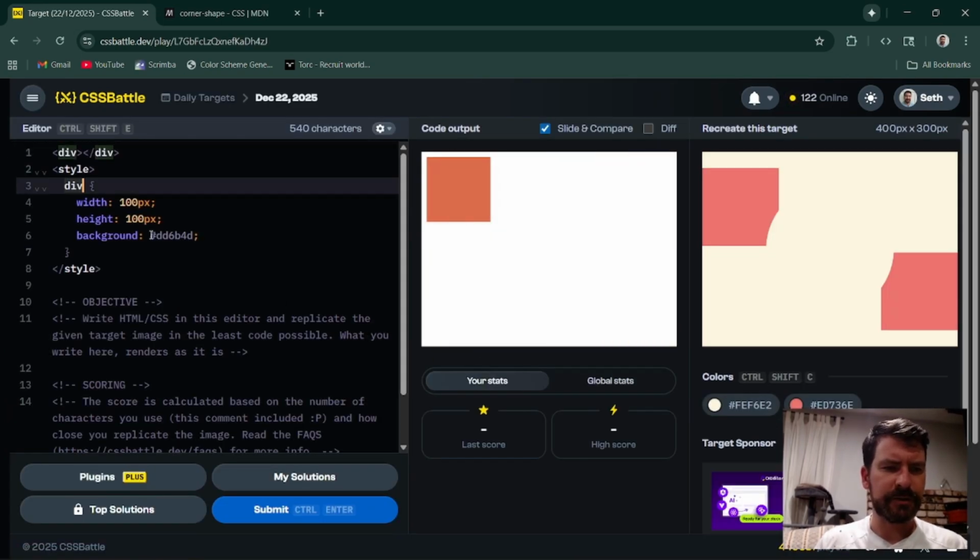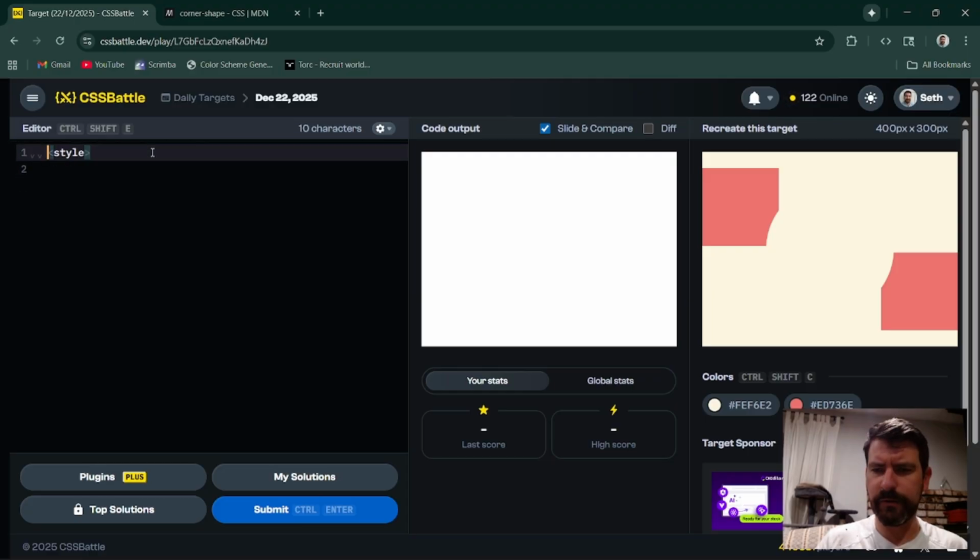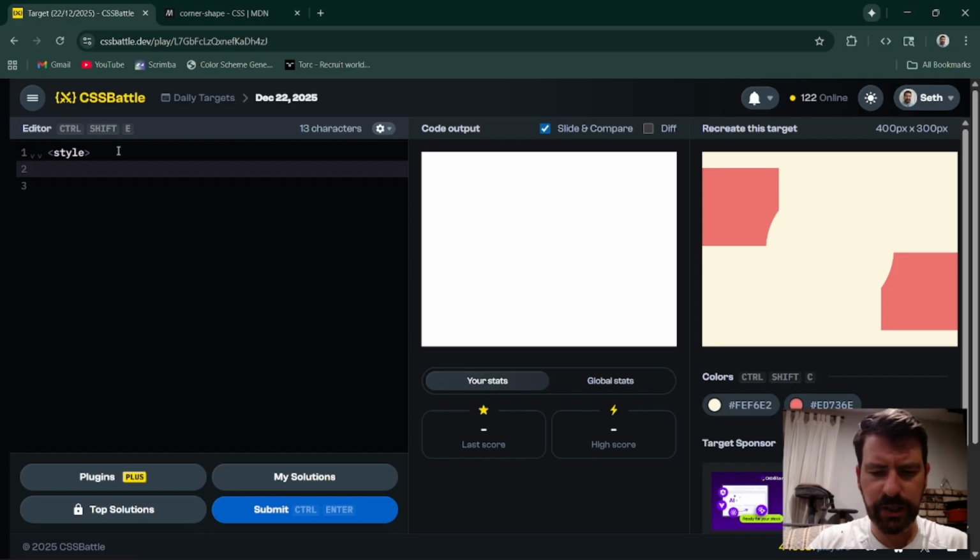Alright, CSS battle time. Let's see what we can do with this. We have... Alright, it looks like we have two blocks, right? And then what appears to be a circle overlapping them. So let's get this on the screen, and then